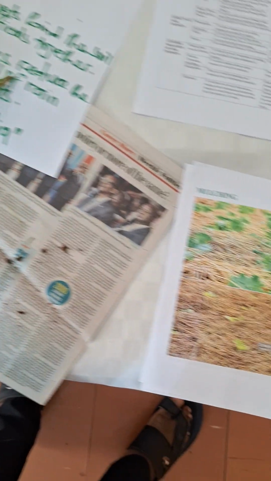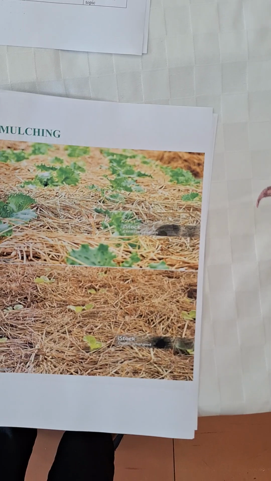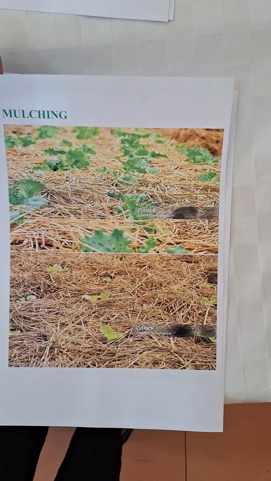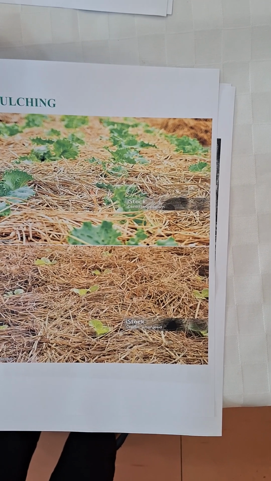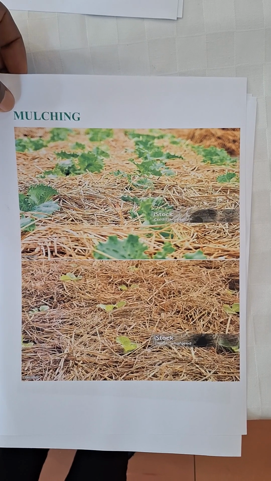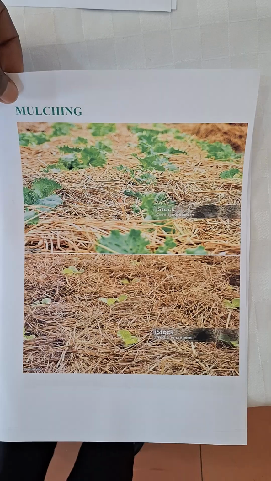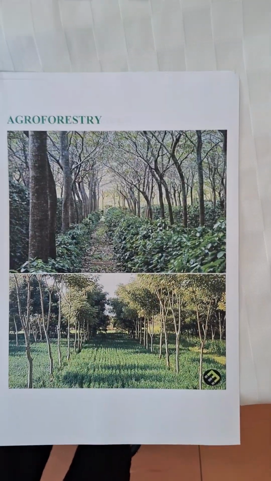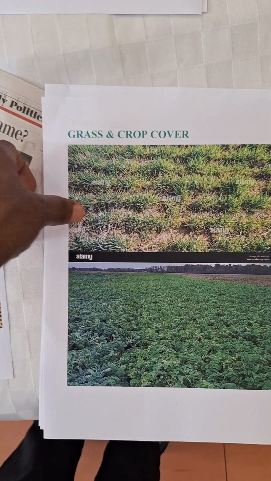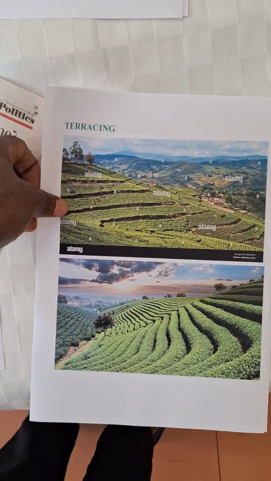Two, I would use photographs to show the learners how we can control soil erosion, and these pictures will enable my students to relate control measures to real-life situations. This would be used throughout the lesson. This one shows mulching, agroforestry, grass and cover cropping, terracing,